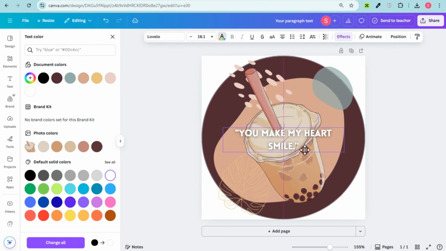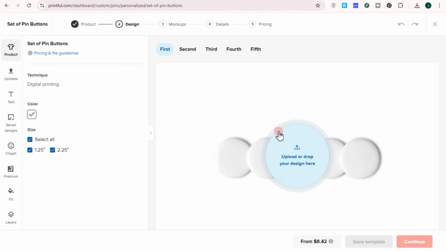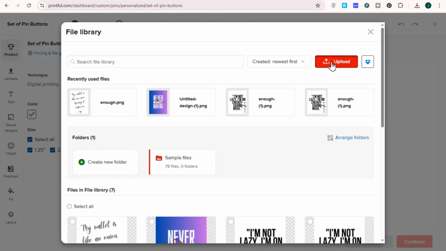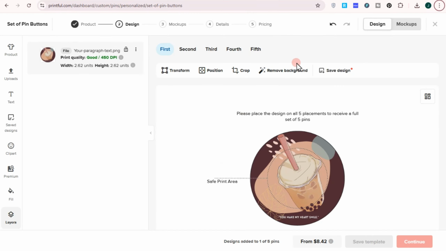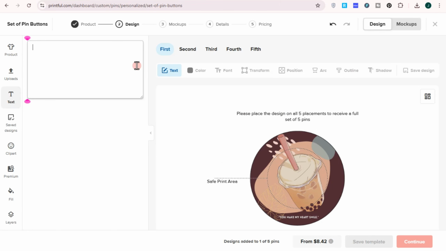Now, you can also add elements here on Canva. If you want to add elements, then you can just go and add elements. Once done, you can now upload this to your Printful. This is the result. In Printful, you can also edit this, like you can add text, you can add stickers,